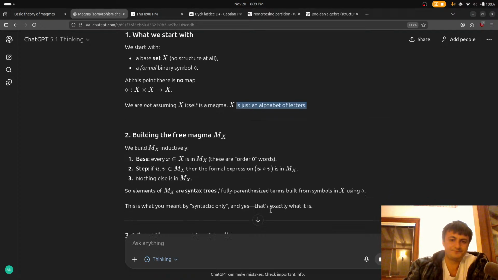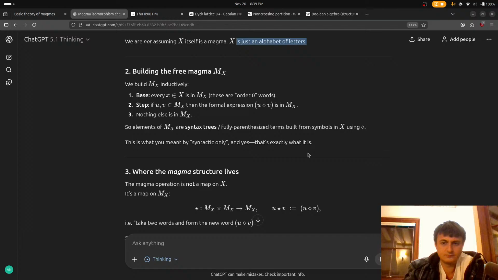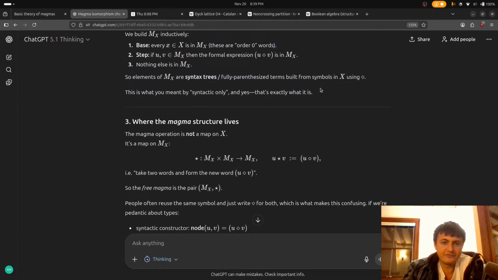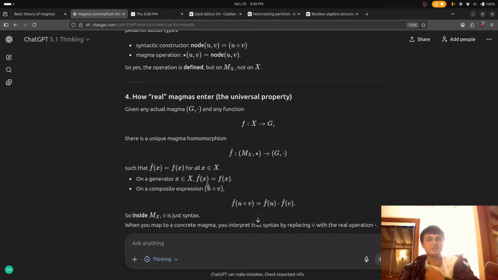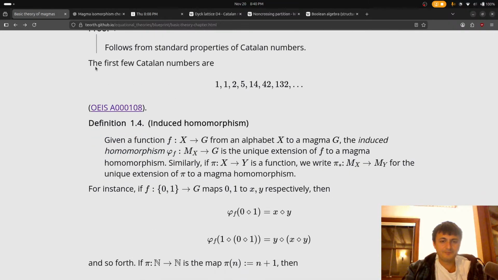Yeah, okay. The free magma is kind of like the syntax trees. That makes sense, where the magma structure lives. I get that part. This part is simple. It was just the syntax thing. How real magmas enter, the universal property. Given an actual magma G and a function. Okay, wait, hold on. I want to read the official part of that.